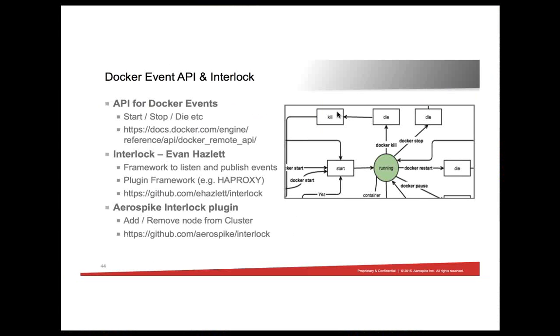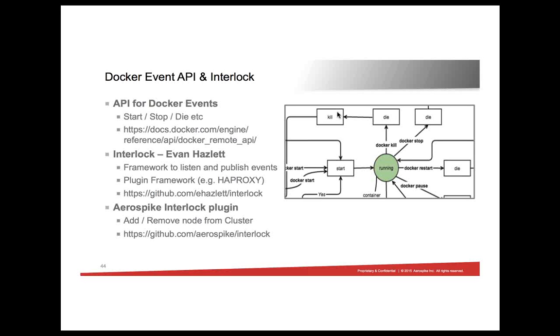Well, what we have done is we've taken advantage of the Docker Event API. On the right-hand side, you can see an excerpt of a diagram on the Docker website, where you can see there's a number of states, events and transitions that can occur internally within the life cycle of a container. So you can see right in the middle you've got running, and you can, using the Docker kill command, go through this die state and so on. There's an internal set of remote APIs that you can call to understand these critical events of containers